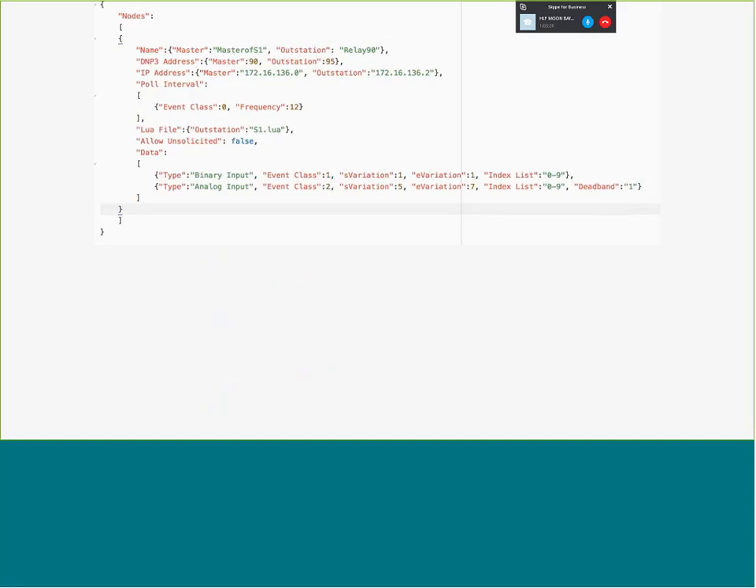To set up one of these fake DNP3 masters and outstations, you need a config file. Here we are showing a sample of a really simple config file where we are simulating a master and outstation deployed at 2 IP addresses. We can even generate IP addresses if you're feeling lazy and want to run it all on one machine. The master here is polling at a frequency of 12 seconds, and the heart of this is this Lua file for the outstation, where we let you write your own code, your own data generation rules in the Lua language